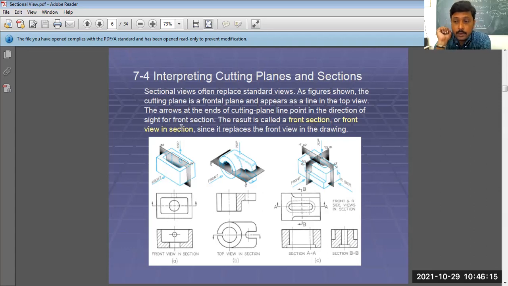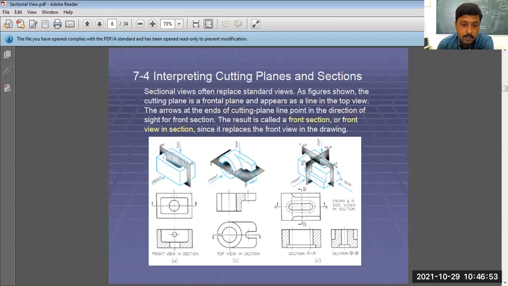So basically, let us consider this diagram A. This is the front part from where I am observing this part. I am looking at this part from this direction; you can see the arrow here. In this direction I am looking, but I am unable to see the internal part. If I take the top view, I can see the internal construction clearly.